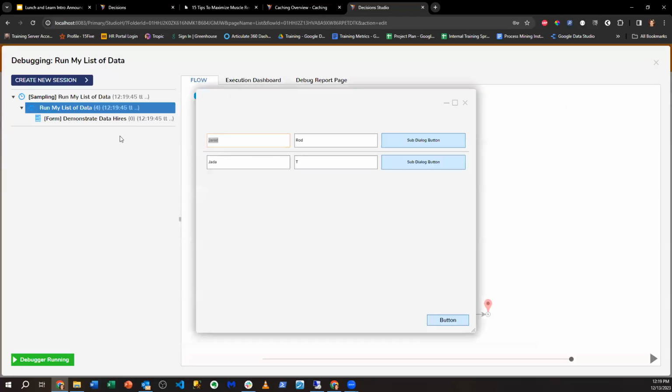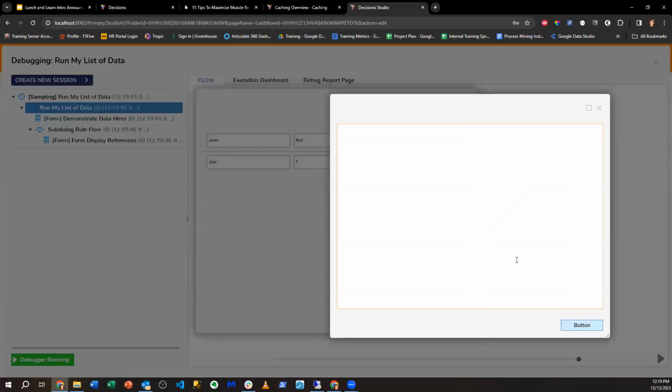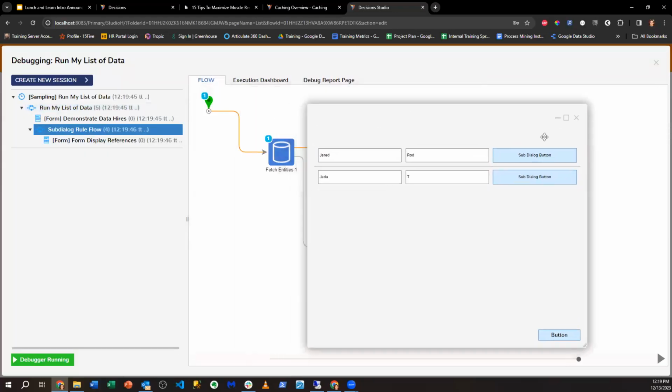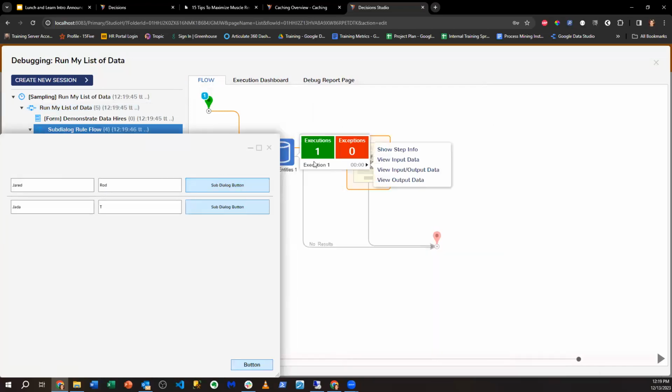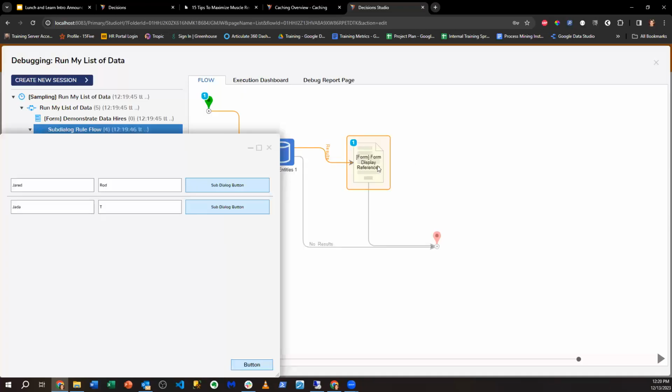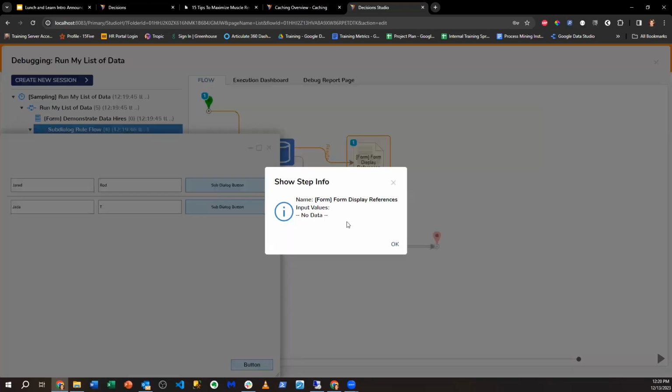I'm going to debug this, and then I'm going to run the subdialog form. I'm just going to click the button or just close it. And I can look at the execution to the left, and I can minimize this form, and I can see, hey, I got a result. The output was a list of references, right? But then when I go to my inputs here,